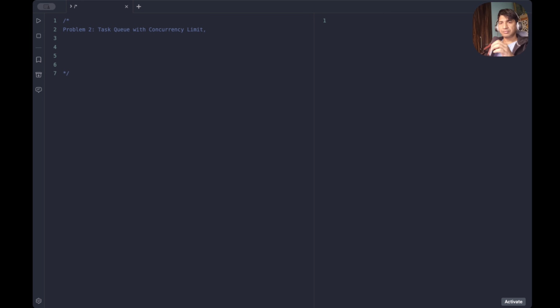This means what we're going to solve here is to create a function that executes n number of async tasks, right? Function means async task, but only k number of tasks can run at a time. So we have to limit the tasks running at a time, creating a rate limiter. For example,